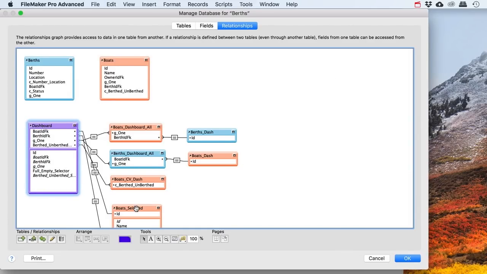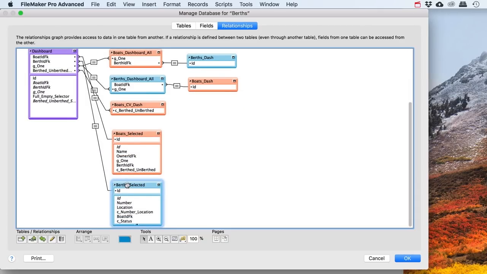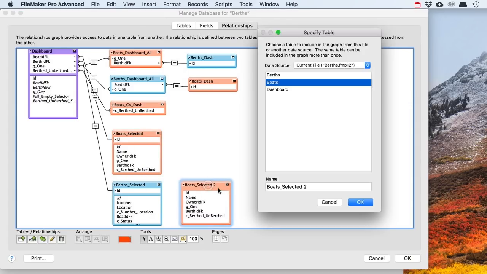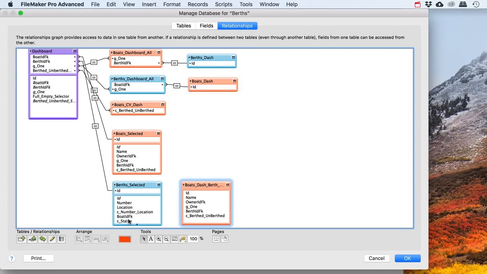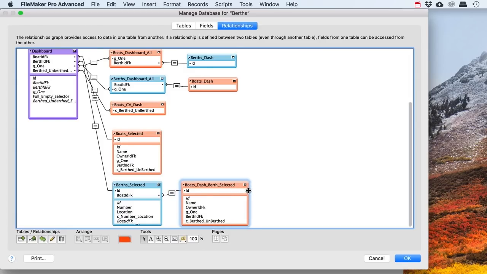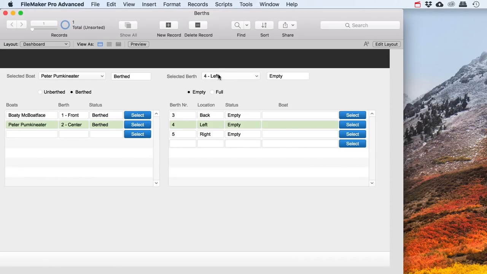On our dashboard we have a selected berth. This berth has a boat ID, so I can just select or attach this one, and I will say boat selected. No, I'm going to say boats, boat dash berth selected. It's starting to become very complicated, but don't worry, it's actually quite simple. So if my boat here is attached to this one, then I can show which boat is parked in my selected berth,